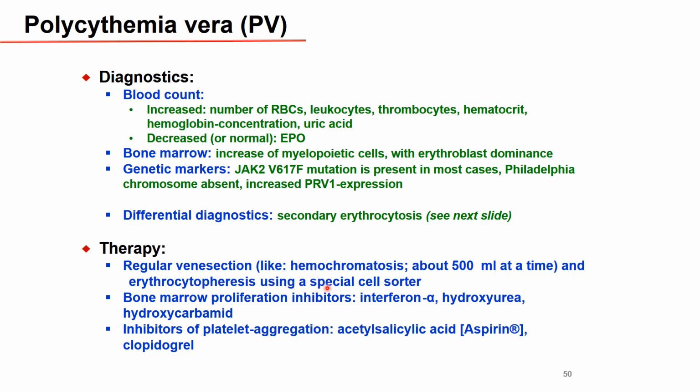Erythrocytopheresis can be used, for example, with a special cell sorter mechanism, and inhibitors of bone marrow proliferation, interferon or hydroxyurea, can be used. And for sure, this patient will be given acetylsalicylate and clopidogrel as well to prevent